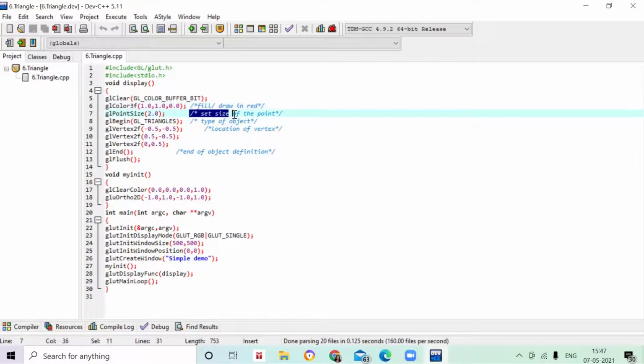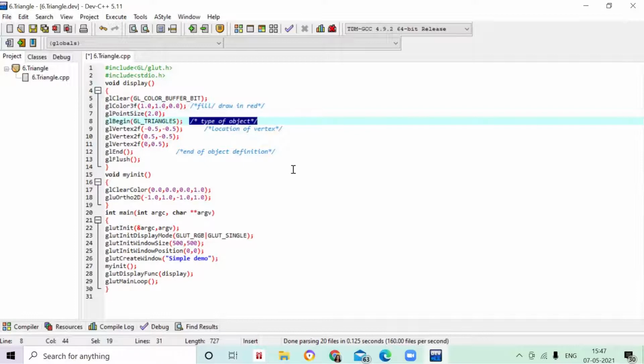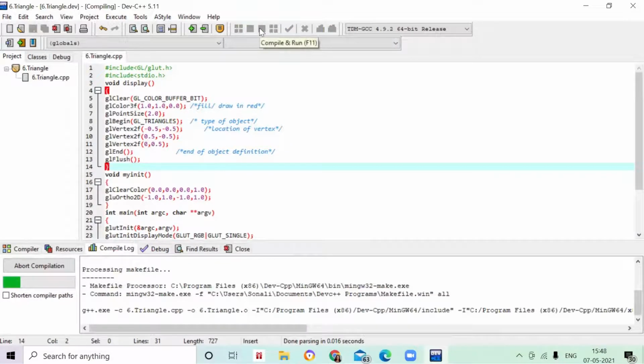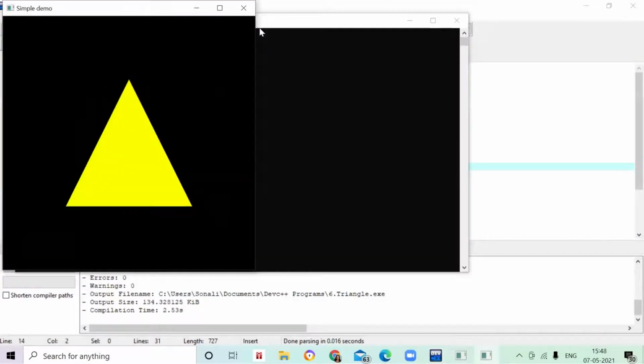Don't look at these comment lines, these are all just left over because I have modified the previous program. This is just a modification of the previous program. Here just modify it with GL_TRIANGLES and write 3 vertex points. Then make it glEnd. That's all. There are no other changes you need to do. Now you can see the output here.